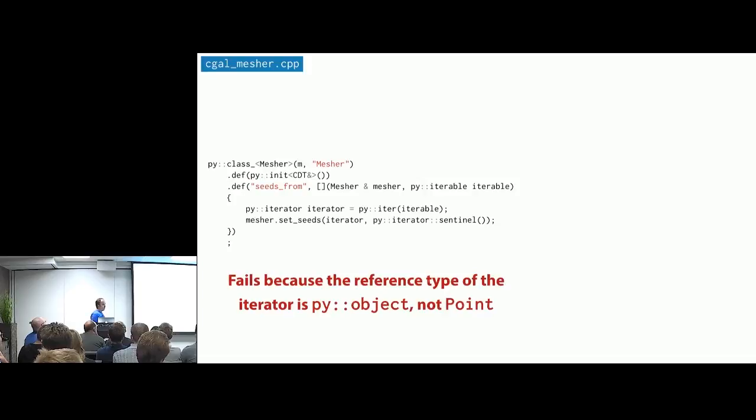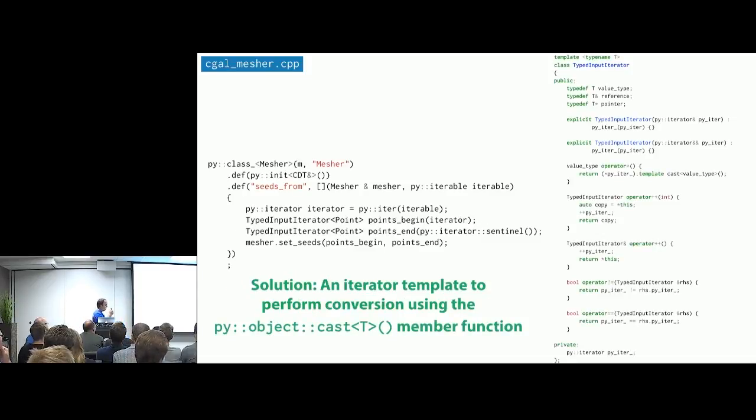This actually fails, and it fails because the iterator doesn't know that its value type needs to be point. Its value type is just pyObject, which is just the most generic thing. So that doesn't really work. To make this work, to adapt my Python iterators to my C++ iterators, I had to write an iterator template class called typed input iterator. And you can see here that I'm taking my Python iterator, adapting it to my typed input iterator with a value type of point, and then passing those iterators to